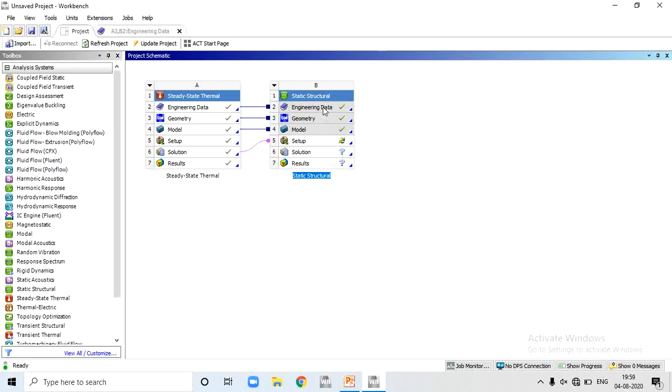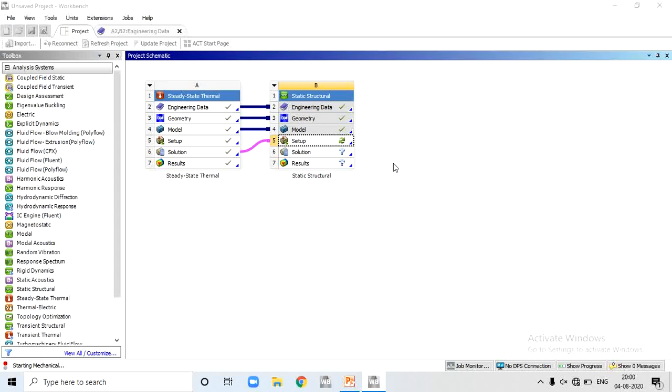Now engineering data is okay, geometry is okay, model is okay. Now double click on setup. Please don't panic about why this software takes too much time for loading.